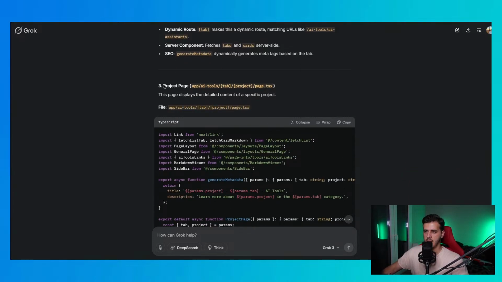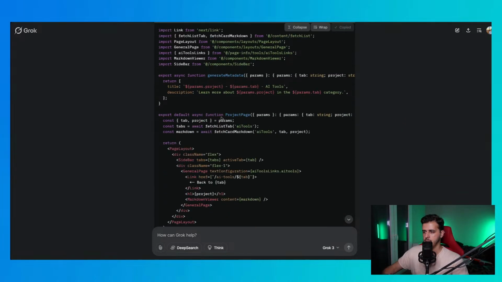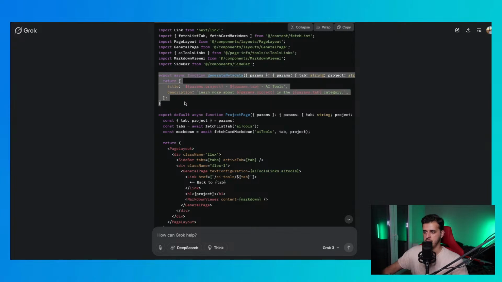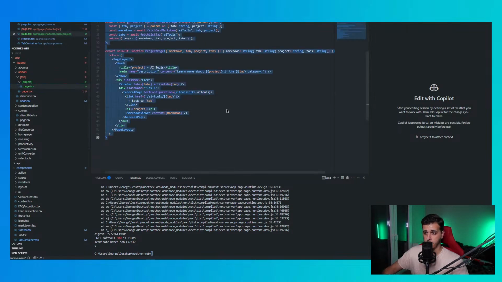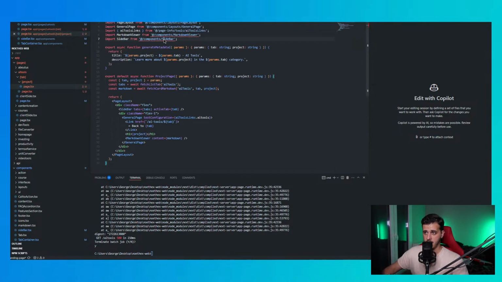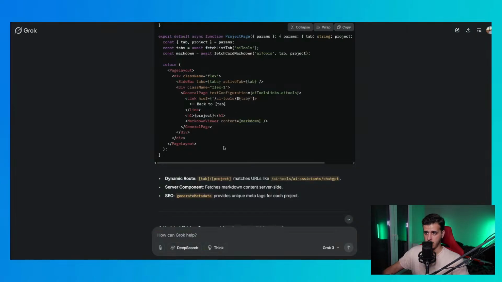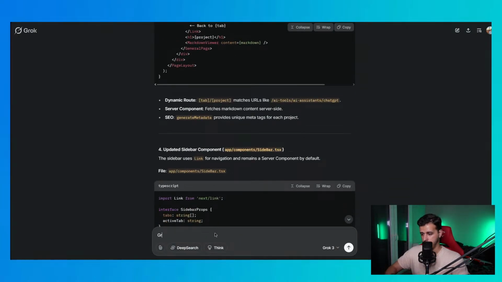And we also have this project page tab that again has generate metadata dynamically. All right, that looks nice. That looks optimized and very, very nice. So we're going to replace that. We change this markdown viewer. Okay, great. In your next responses, make sure to keep the following changes